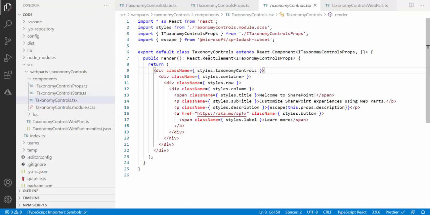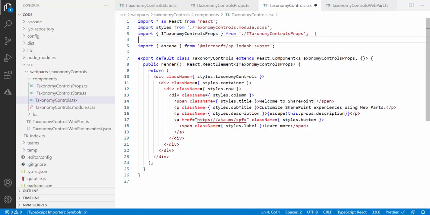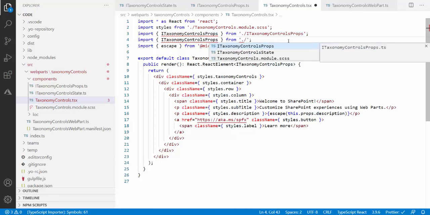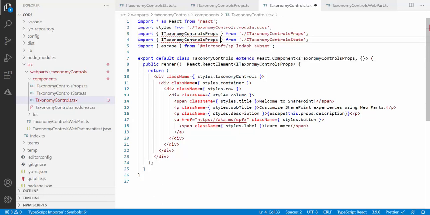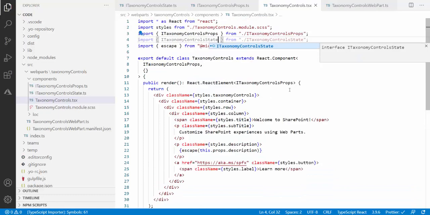In this file, I will create one constructor, and before creating the constructor I will import my state over here, state interface. For that, again I will copy this and I will just make the changes, so it will make my work easy. Dot backslash, sorry, let me just select it again, dot backslash, and this is my state. This is done, and over here I will just change the class name as state. So guys, this is also done.